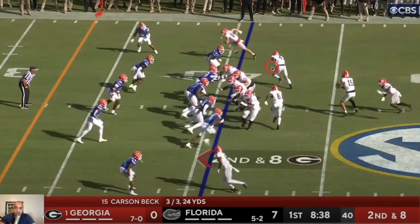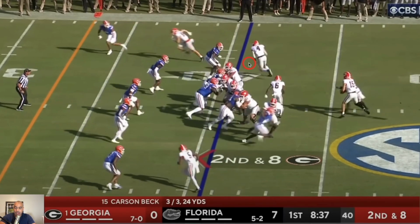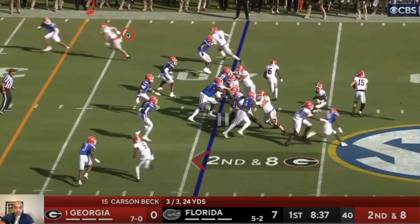He doesn't rush. I don't know if this is a read for Delp. If he was rushing, Delp blocks him for a little bit and then releases. But either way, this is just another good way of doing it. Wide receiver takes out the vertical, tight end goes upfield, and now you have the receiver in the flat. So if for some reason Princely ran with Oscar Delp, you could still throw it if you like it, or